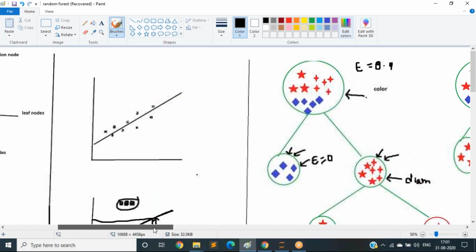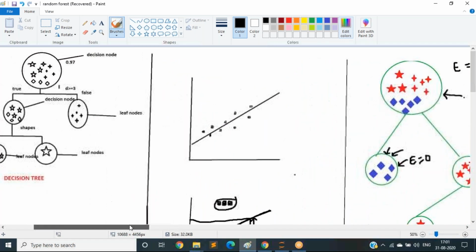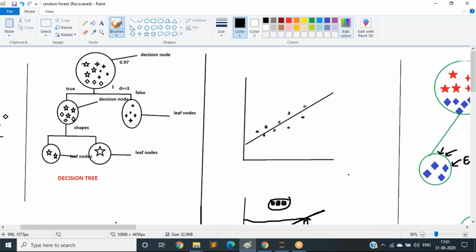But in the decision tree regressor also, it is splitting the data, but it is not classifying into groups. In the decision tree regressor, it finds the standard deviation of every attribute.